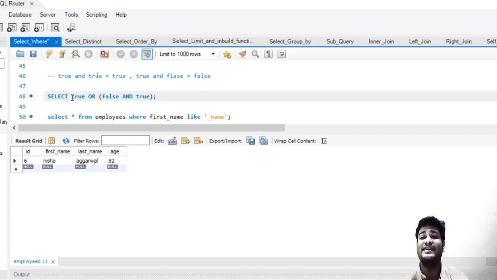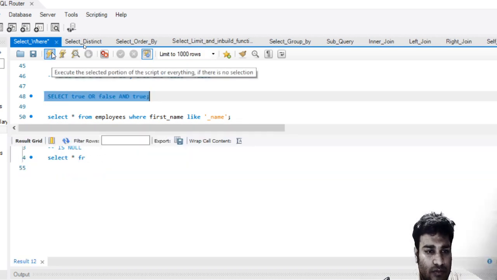Brackets will be given the first precedence. In a similar way, and is given precedence over or. So it will be false and true, which will be false, false or true, which will be true. So at the end it will give us true.